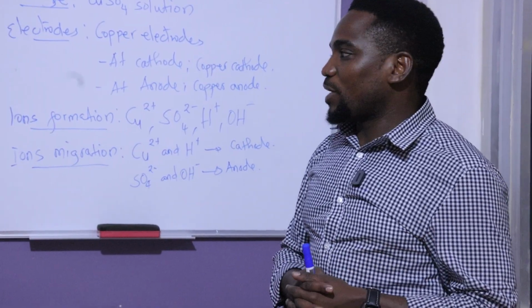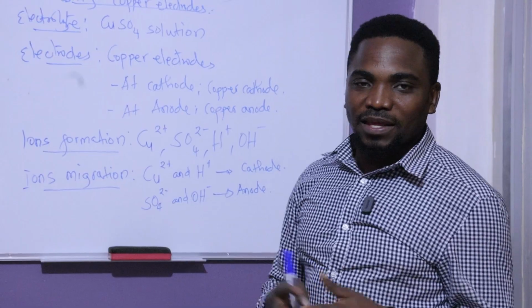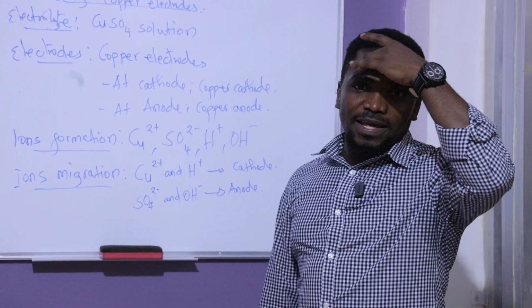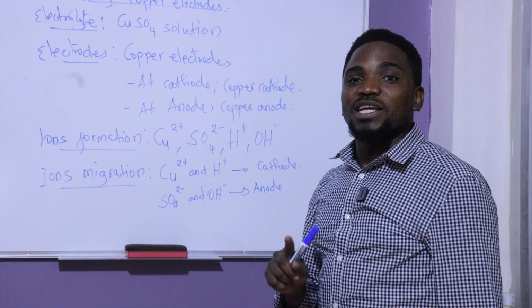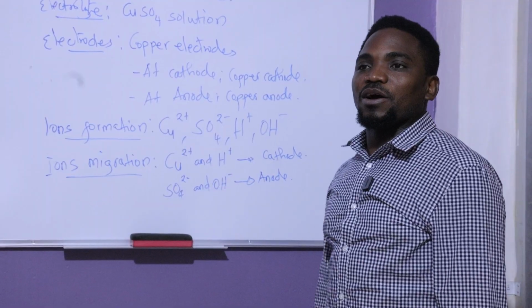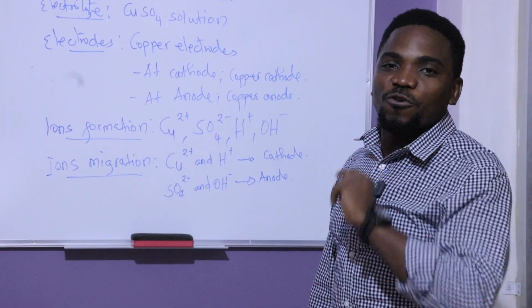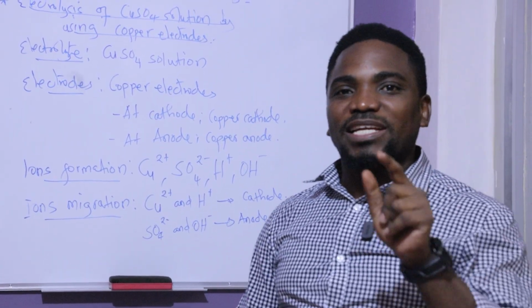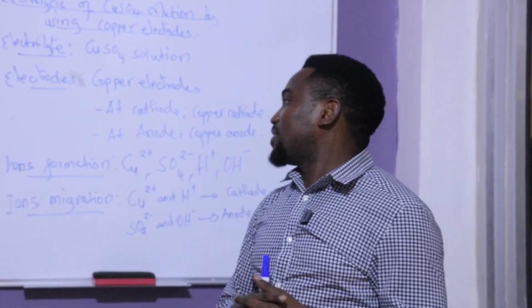And it happens to some students. They tend to say that hydroxyl ion will be preferentially discharged, and they write the anodic reaction like the OH that is discharged to give water and oxygen gas. But that one is very wrong. It's very wrong. That's why we are here in this session, to let you know that you need to understand